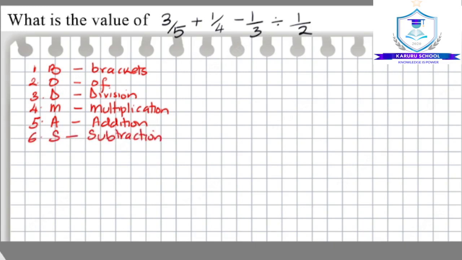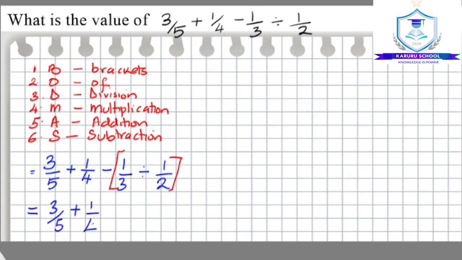So in our expression, we have 3 over 5 plus 1 over 4 minus 1 over 3 divided by 1 over 2. So the first operation to use would be the division part. We will introduce our brackets at this point and operate the division first. So our equation now becomes 3 over 5 plus 1 over 4 minus the product of the operation in the